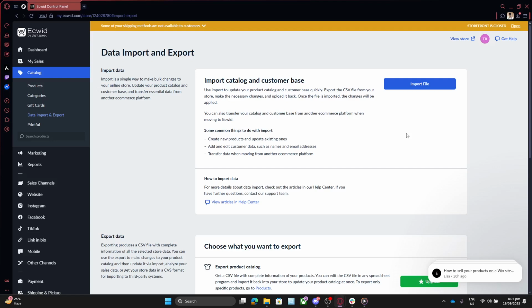After selecting Import Products, your next task is to find and click on Import Catalog and Customer Base. This option is particularly significant as it doesn't just concern importing product information, but also ensures that any related customer data you might need is neatly integrated alongside your product listings. This holistic import process streamlines operations and can enhance customer relationship management by keeping all associated data under one unified